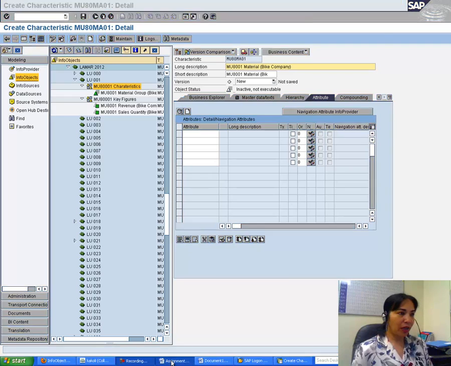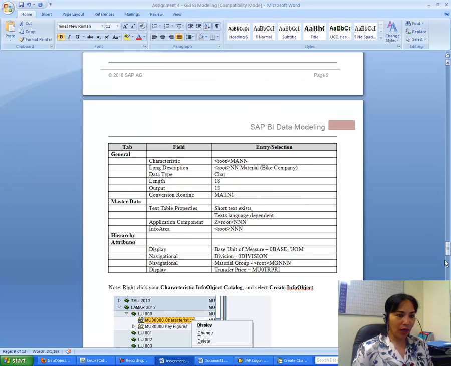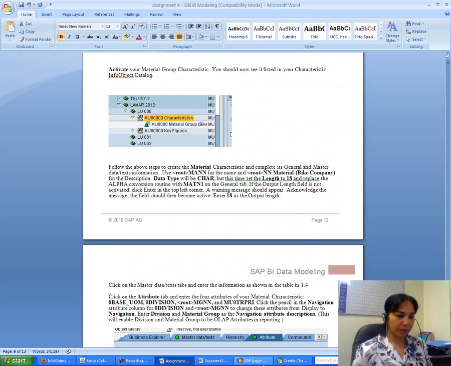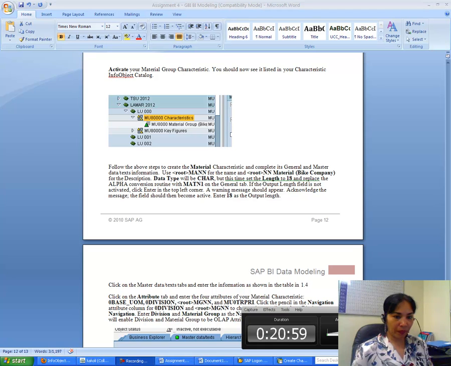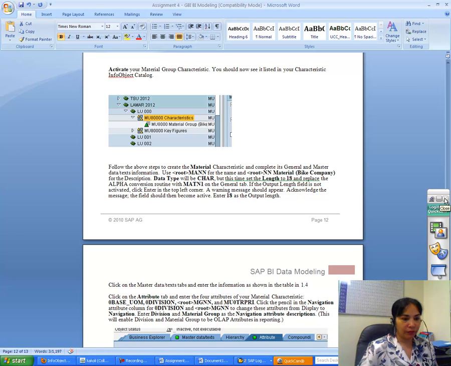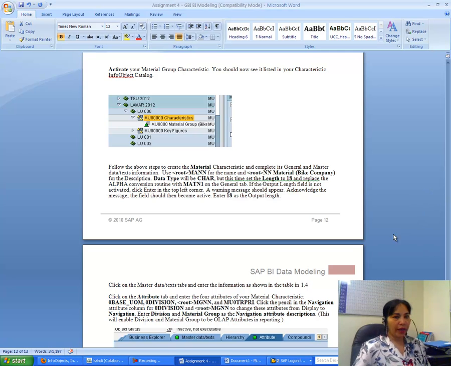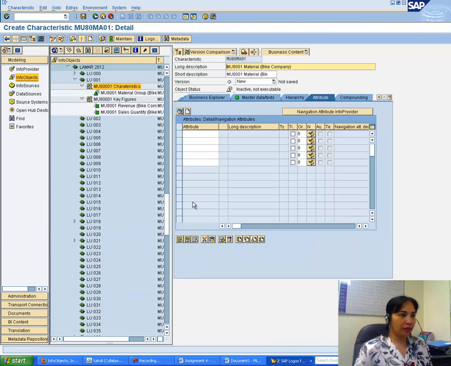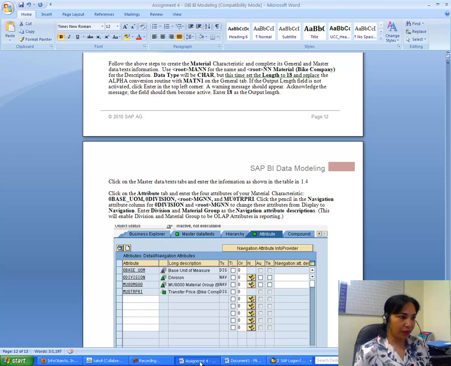In the attribute I have to put in several things. What do I have to do? Okay, I have to enter the attributes now. Okay, the first attribute is base unit of measure, so that is 0 base underscore UOM, so that is 0 base UOM. Okay, the next attribute is 0 division,